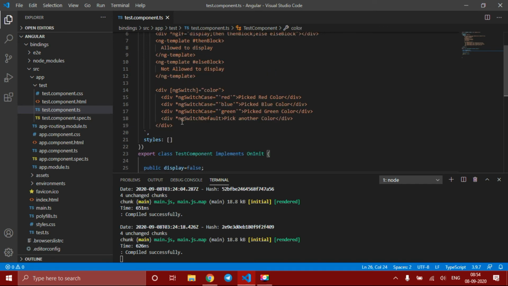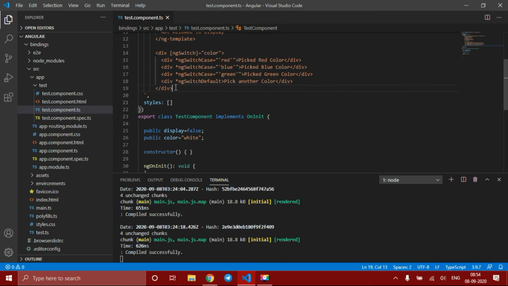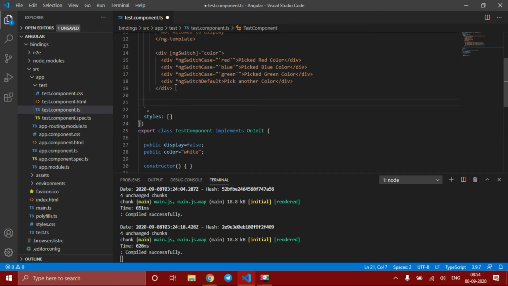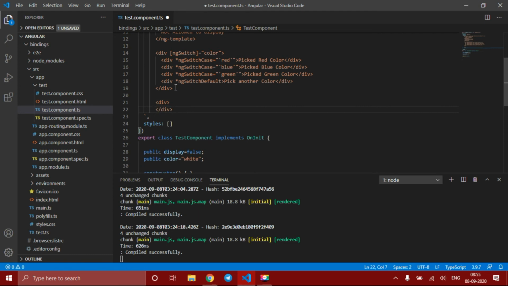And these two are only conditional based, and the third type is loop based, a loop statement directive. So Angular provides us the ngFor directive for doing this. So there is an array of values. Suppose I want to print all the elements in the array. So for that, let me write a div tag. And in this div tag we shall use the ngFor directive.